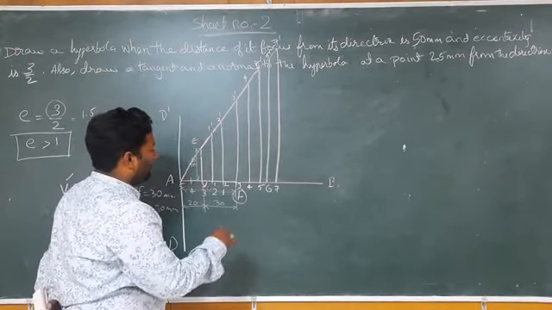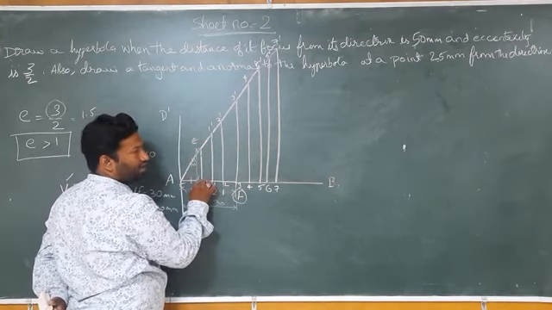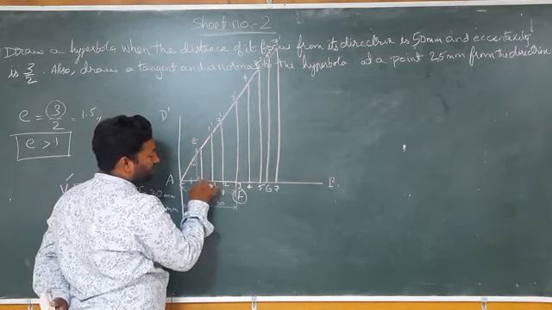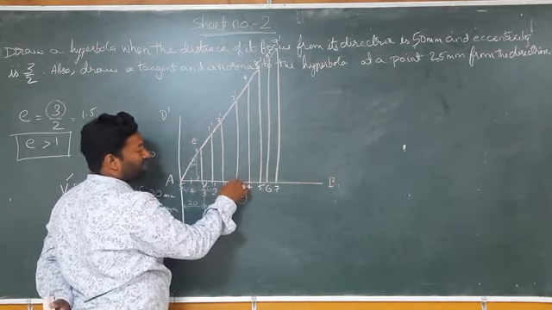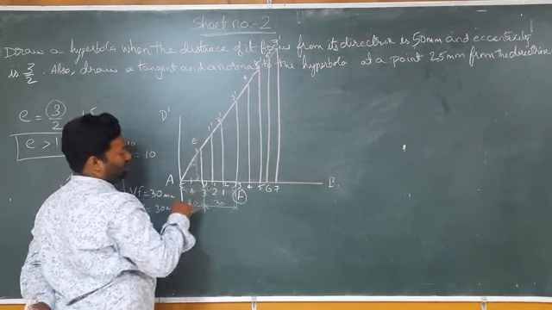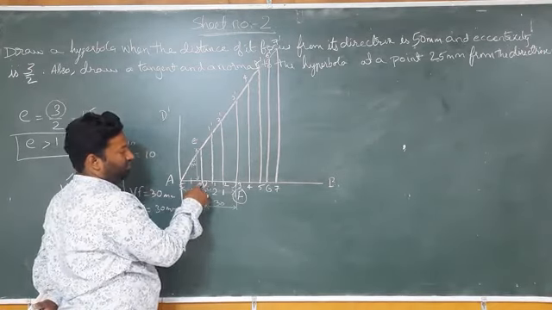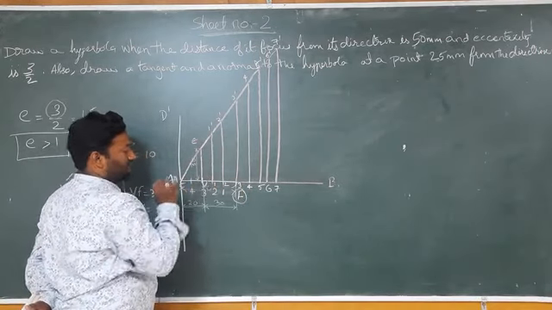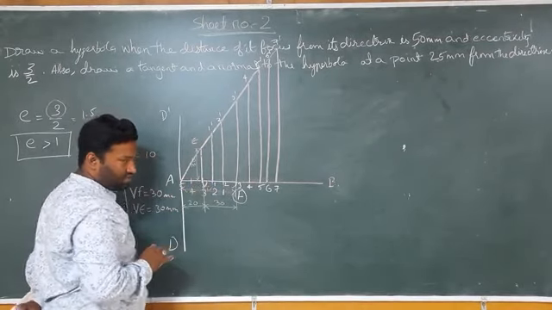Now the next thing: when I measure the radius from V to E, I will change the center from V to focus. From V to focus, by maintaining the same radius, I will cut the arc on this principal axis, because the vertex is lying on the principal axis. So from here to here, I will cut the arc. So here this is my point. Initially 0, I will start from 0.